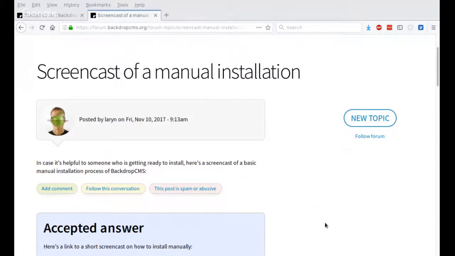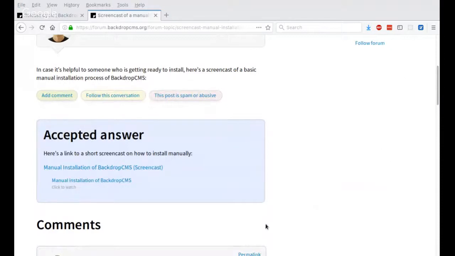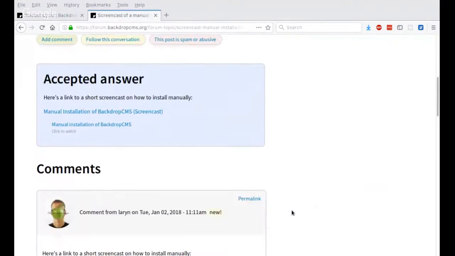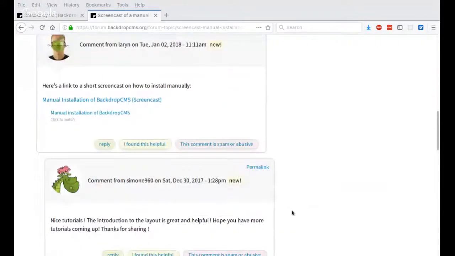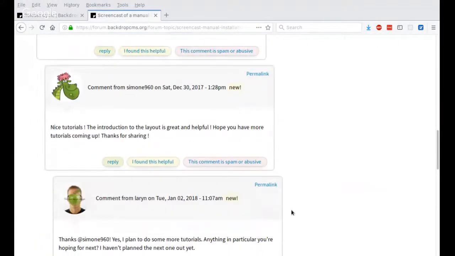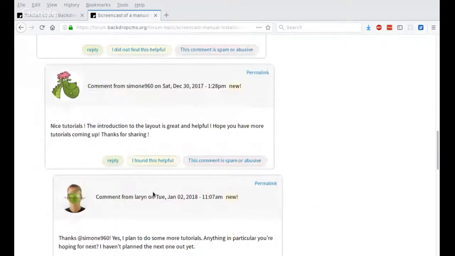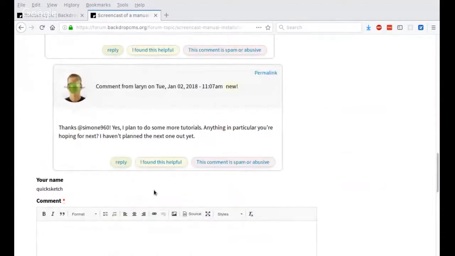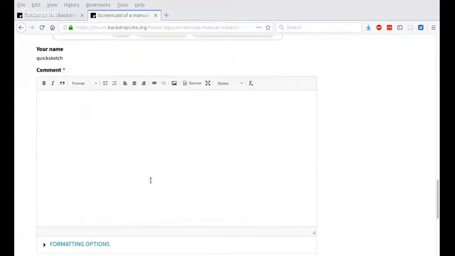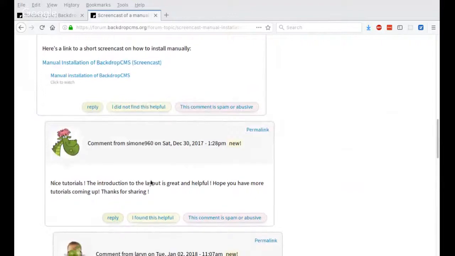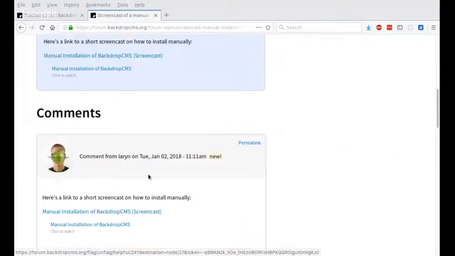And then the links there, I chose the colors red-ish or pink in this case for whether it's spam or abusive. That same thing is true for whether it's a comment or the forum post itself. The helpful button will feed into the most helpful comments list, which will appear at the top. And if you actually authored a topic, there's also a blue link there that will mark an answer as the accepted answer, and that'll also appear at the top in blue as accepted answer. So I tried to kind of make the links match what they were doing in the page, but I think it's fine, but I think that if we had a designer